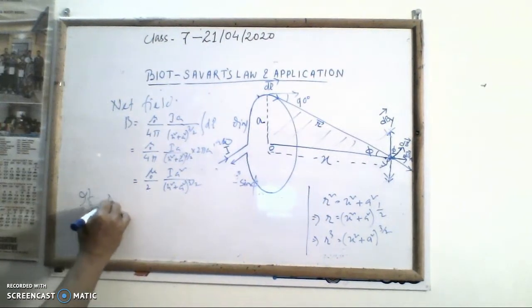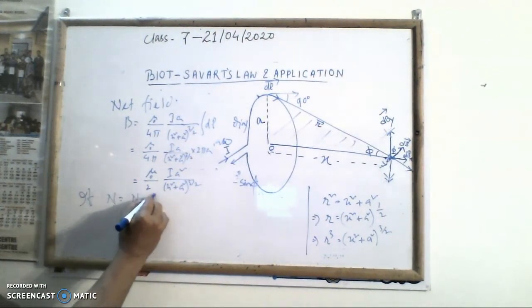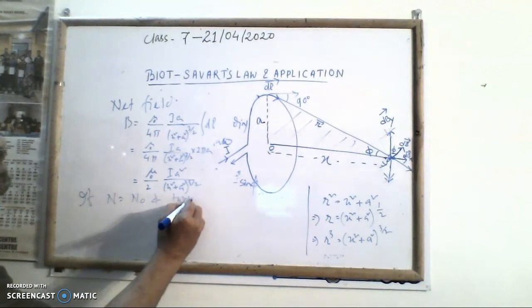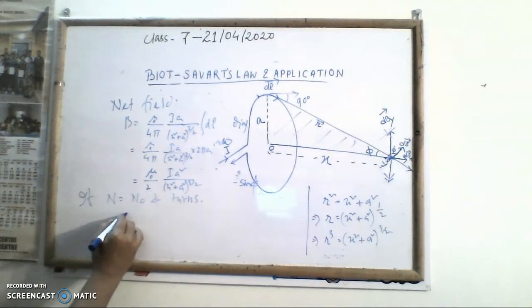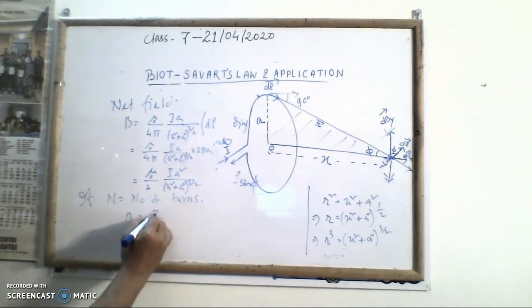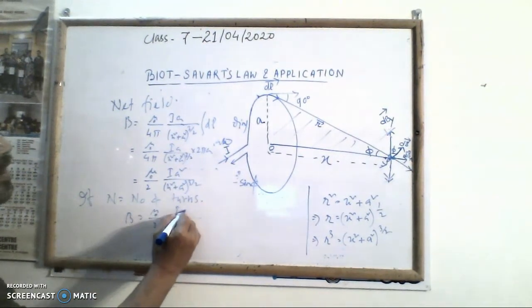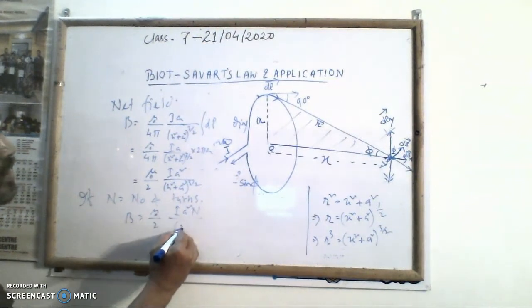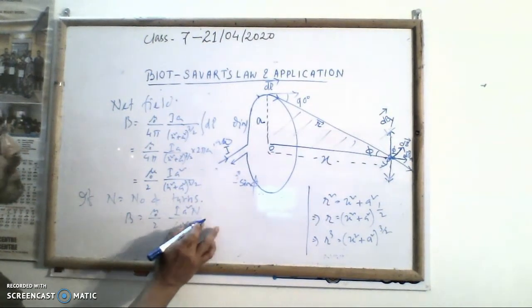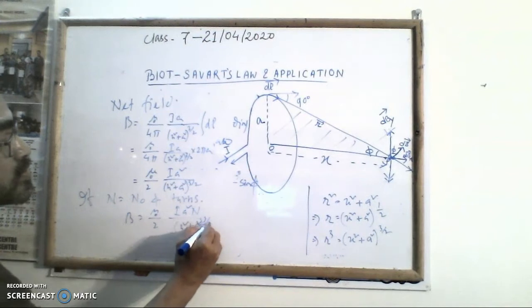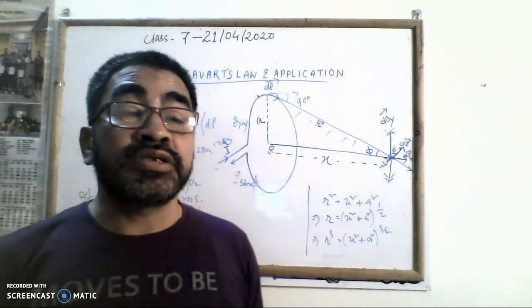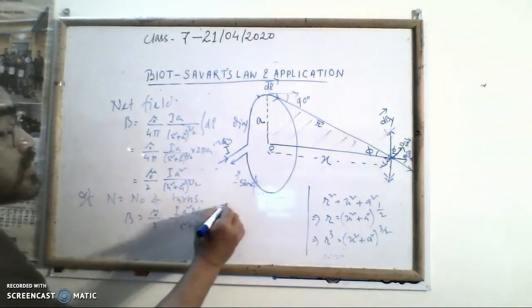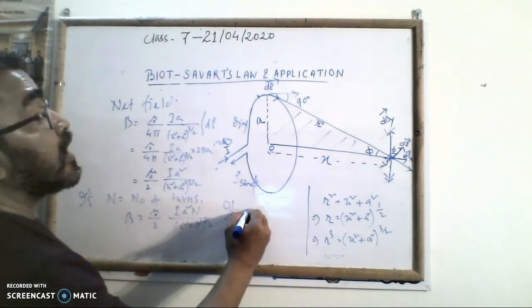If there are N turns, then you have to multiply by N, and B will be equal to mu naught by 2, I a square N, over x square plus a square to the power 3 by 2. Okay. Another condition is that if x is